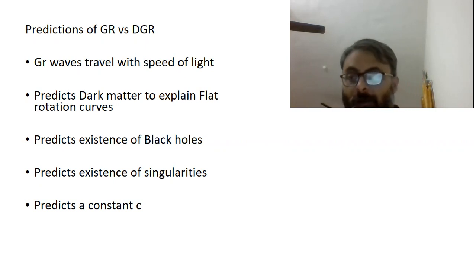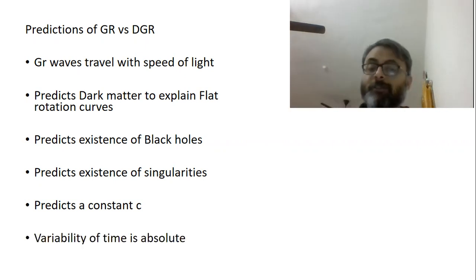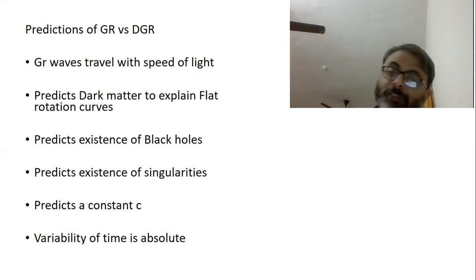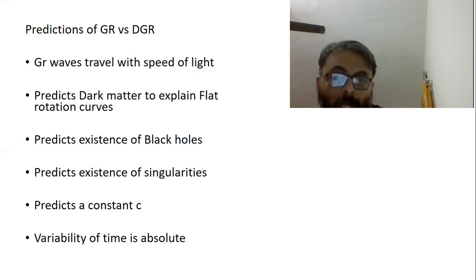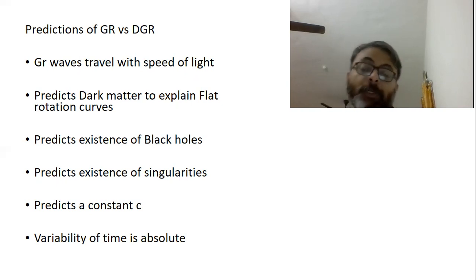So it doesn't tell, at a quantum level, what is happening and how exactly the volume is changing. Again, general relativity says that variability of time is absolute, so there is no universal time in that. But in DGR, there are two types of time: absolute time and variable time. The absolute time is the real time. The variable time is the illusionary time. The variable time is variable because of the active spatial contraction or expansion.